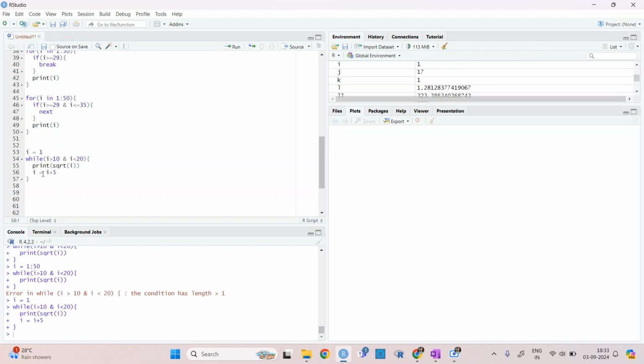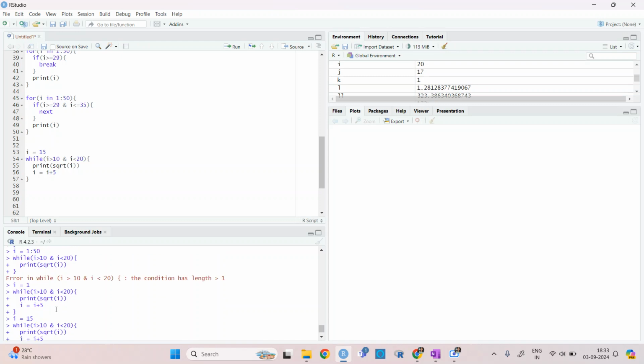Let me give some number in between this. So what it has done is, while I was 1, since 1 was not following any of this condition, the first time the condition had length greater than 1.